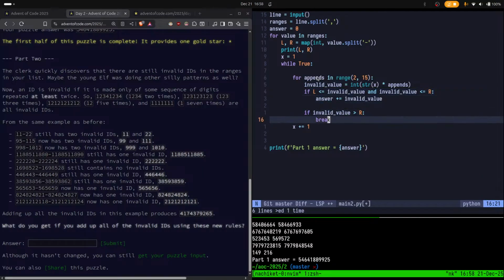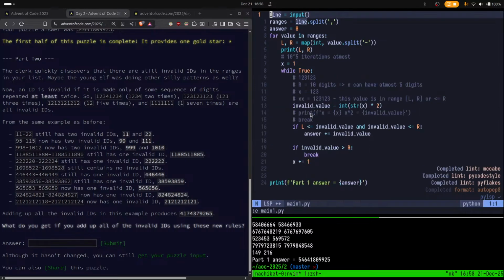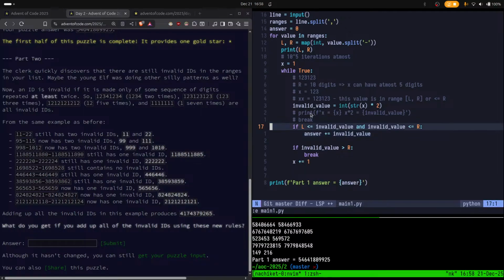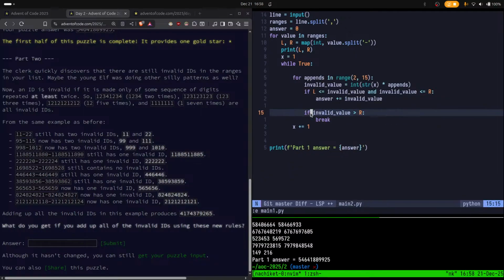If it is, we are still calculating the sum, adding up all the invalid IDs, and we need to find all the numbers which lie in the range. If I just glance over the first part solution, we were calculating the answer if it lies in the range once, which was for twice repetition, and in this case for however many iterations. So